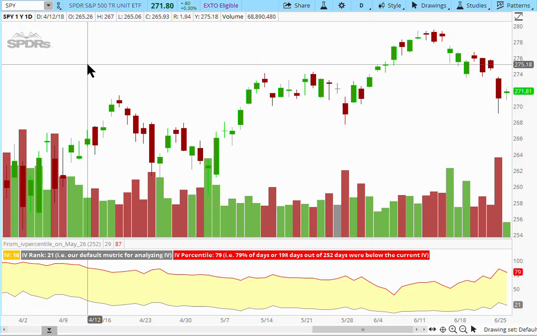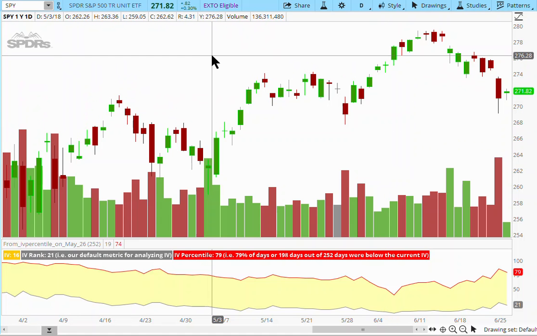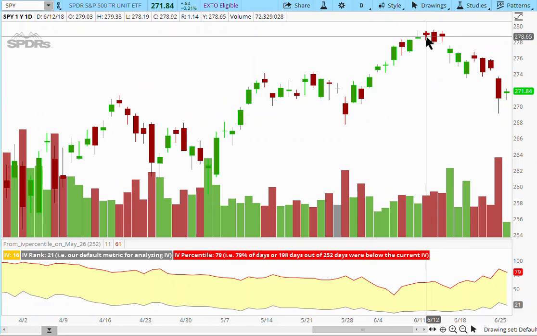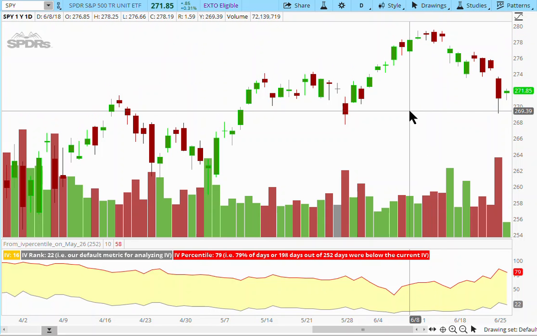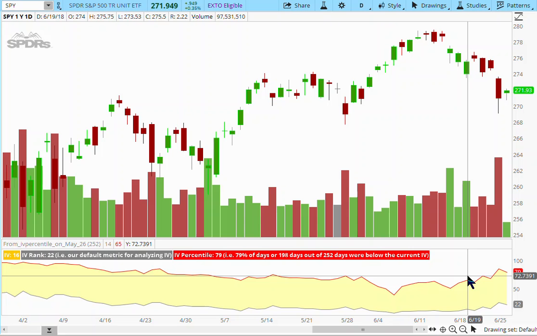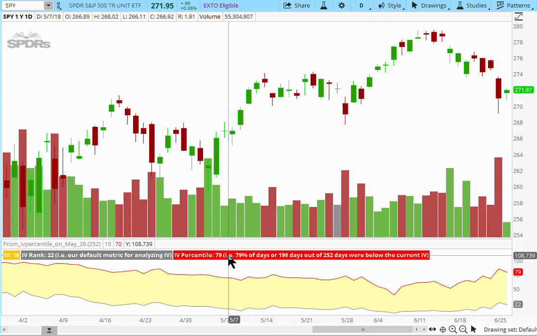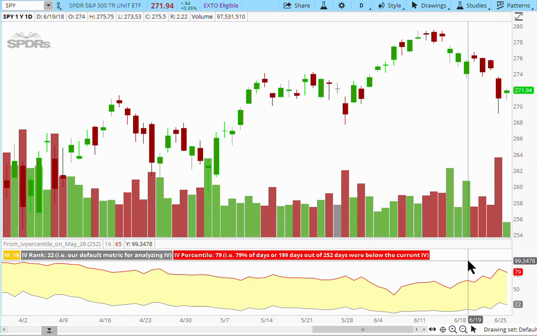Here, I have the spiders up here. Let me just make a few comments. So SPY is the S&P 500 ETF that we trade all the time. We love, love, love selling short-term expiring put credit spreads in the spiders, short-term expiration, on sell-offs when volatility is high. This is measuring the implied volatility rank. So it's like volatility of volatility, and it's 79 here. It's ranked between 0 and 100.